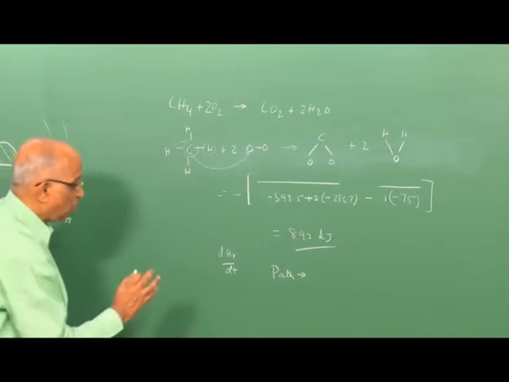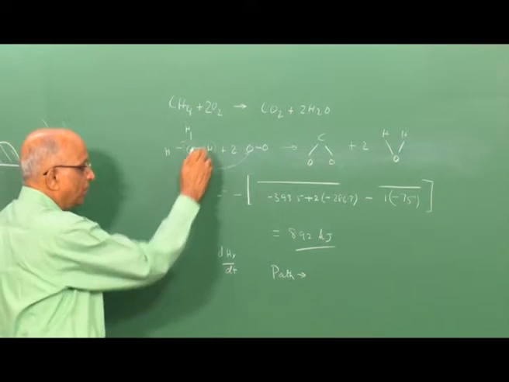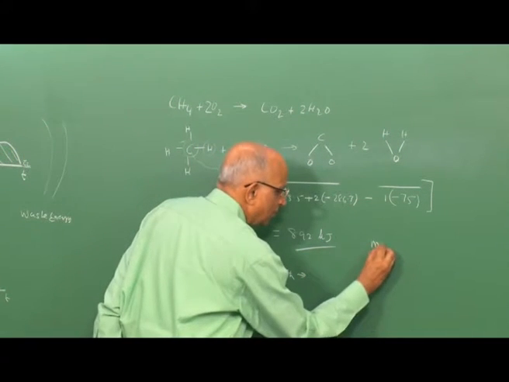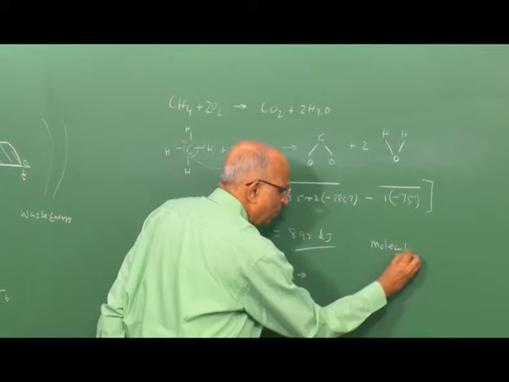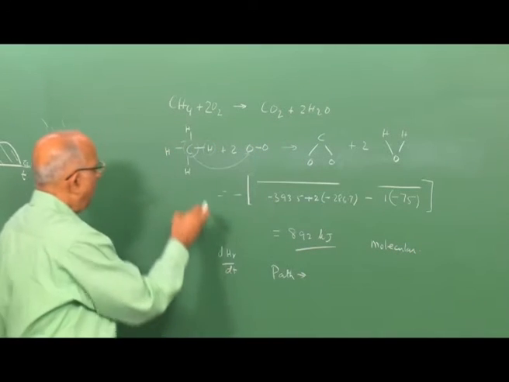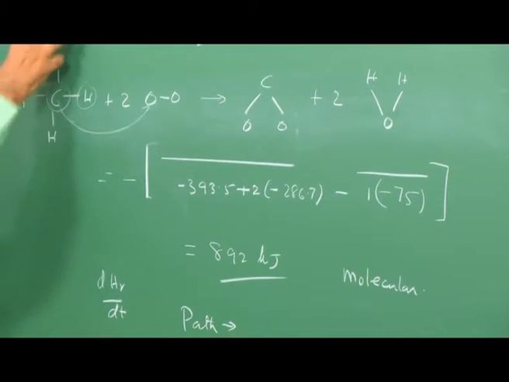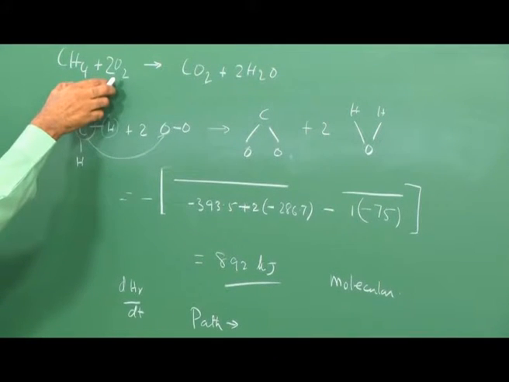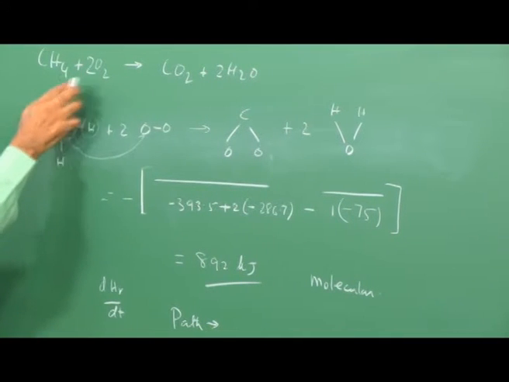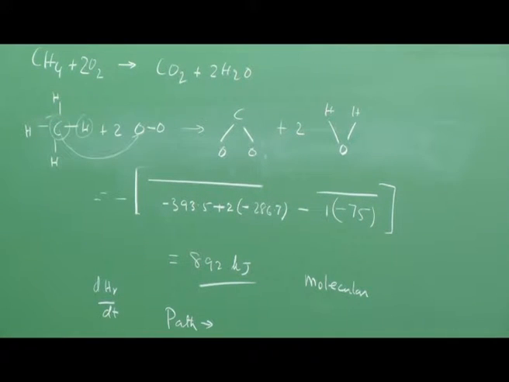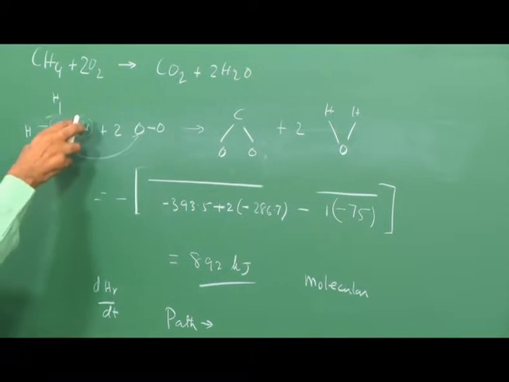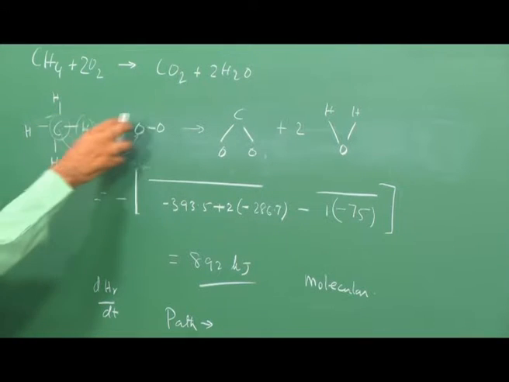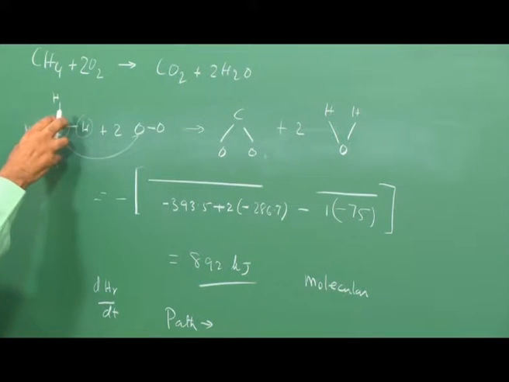Therefore, we tell ourselves that I have to consider the molecular collisions. And why do you say molecular collisions? Well, I have 1 mole of methane. If it is at ambient conditions, we said it is at standard conditions, we are doing all the problems at standard conditions. And what is going to happen at standard conditions? I react this with this, and therefore, what is going to happen?